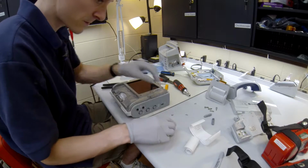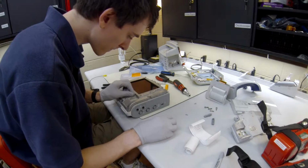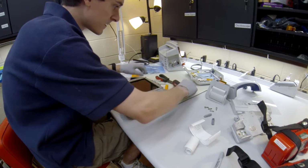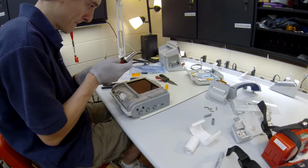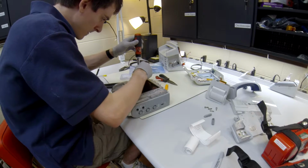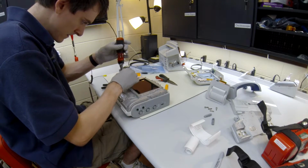Alright, let's do the face plate now, put all the screws back in there. So there's 1, 2, 3, 4, 5, 6, and 7 screws. Let's do this is faster than what I thought it was